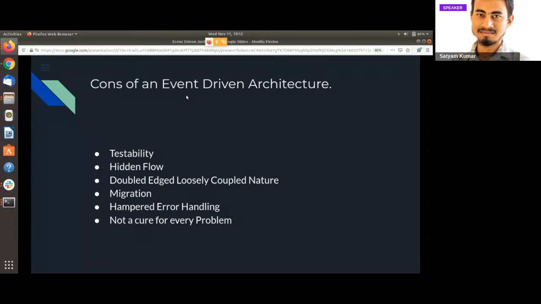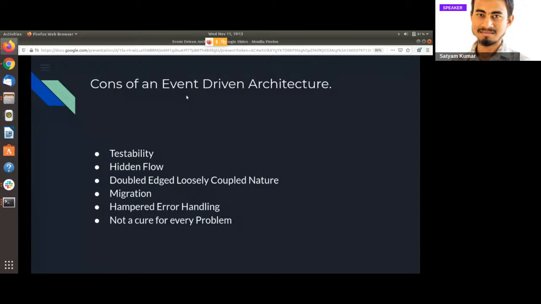So the thing which was adding to the benefit or advantage of event driven architecture, that is also here. The loosely coupled nature is like a double-edged sword. By that I mean, suppose we have a service A which is publishing some events to a message broker or event bus, and some other service B is consuming that particular event from the message bus. So service A is not directly coupled to service B. There is a gap in between the communication of service A and service B.